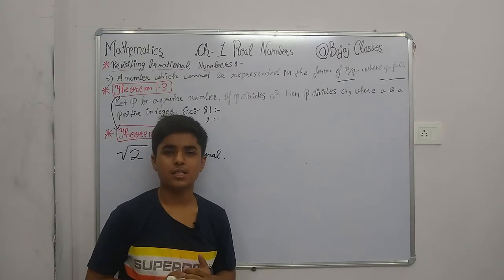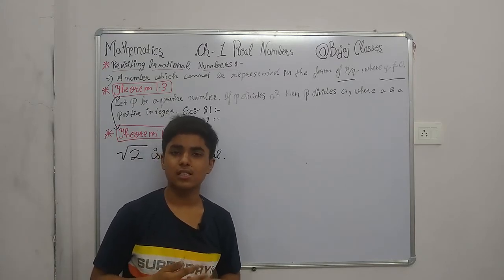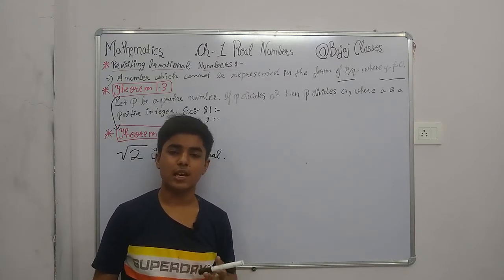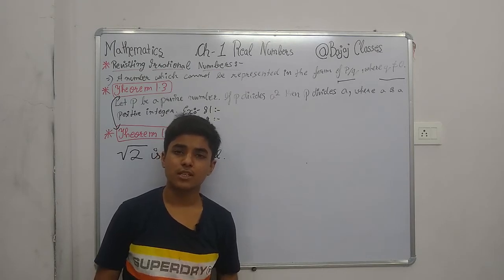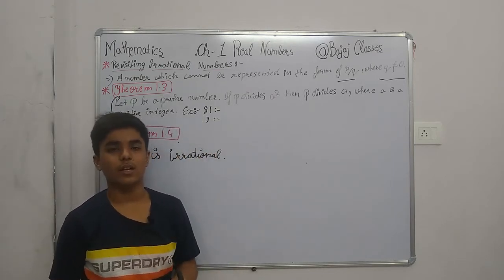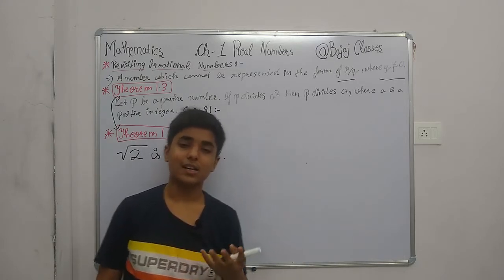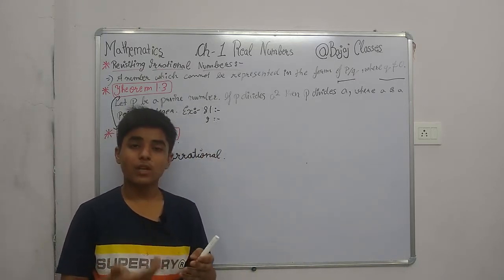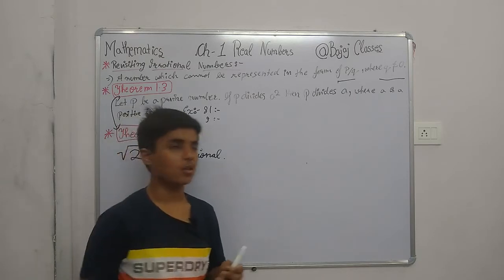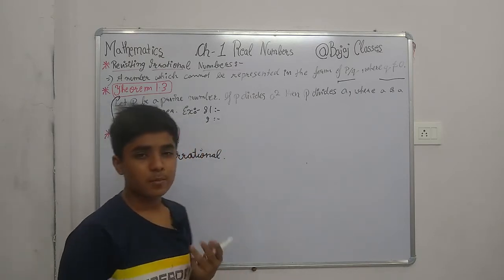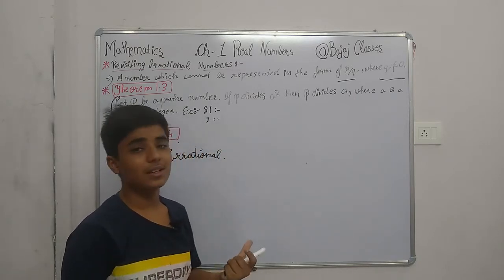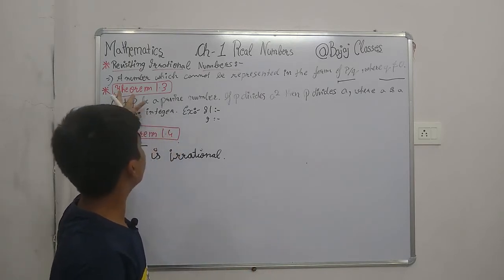We have also discussed irrational numbers in the 9th class, that is their decimal expansion, which types of irrational numbers are there, terminating, non-terminating, that is included in decimal expansion. But we didn't learn how to prove that an irrational number is irrational. So there is a method for proving that. Before learning that method, we have to learn theorem 1.3.